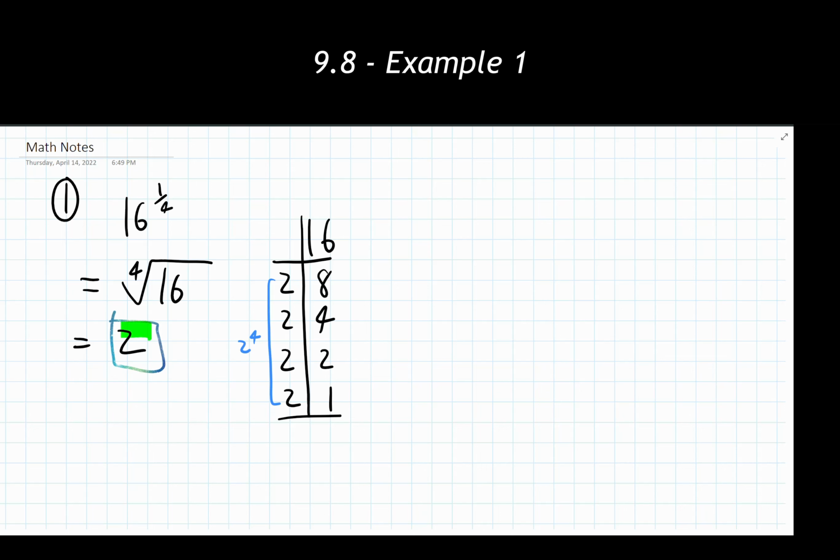At this point in time, I'm now done. If you at the top of your head know that the 4th root of 16 is 2, you don't necessarily need to do all of this process out and write it out for yourself, but just noting this as a bit of a refresher from previous sections that all of that stuff is fully eligible to be showing up again here.